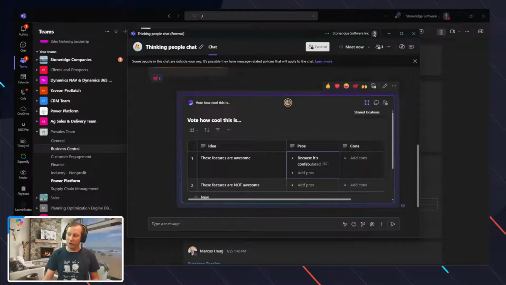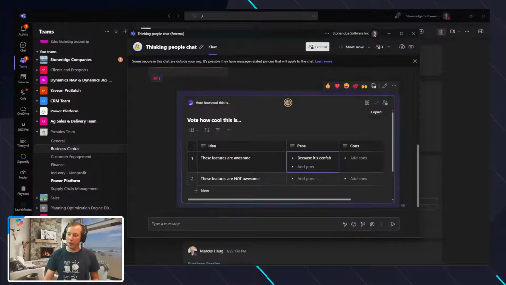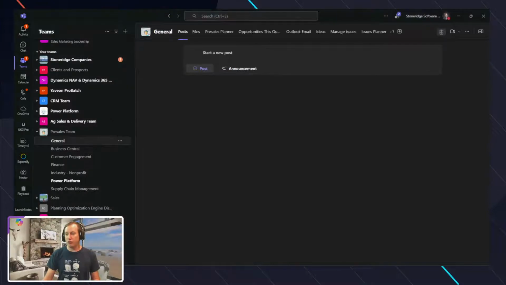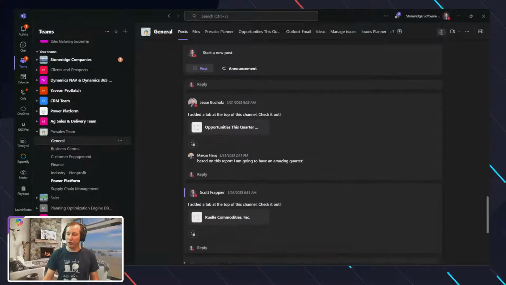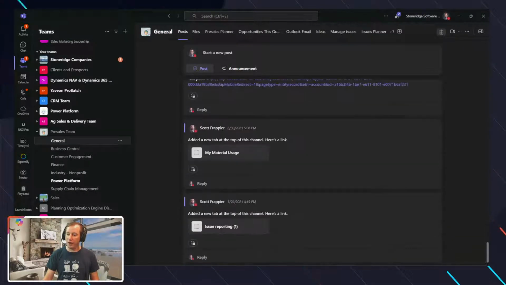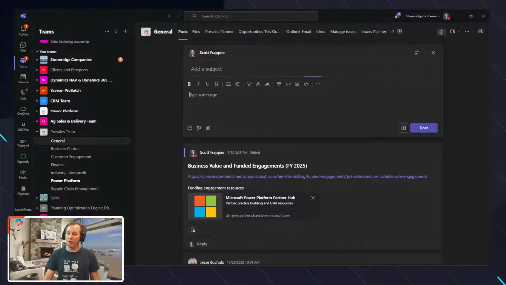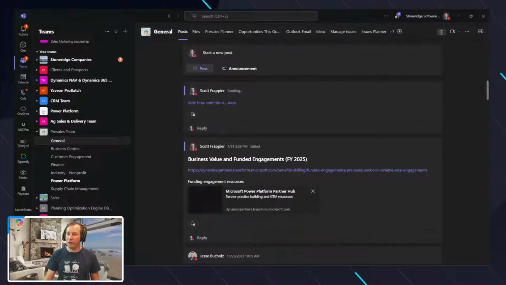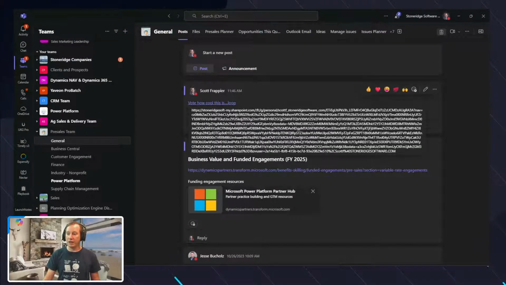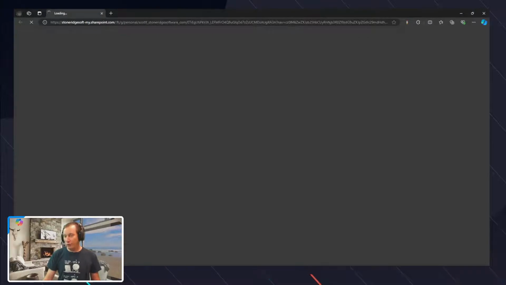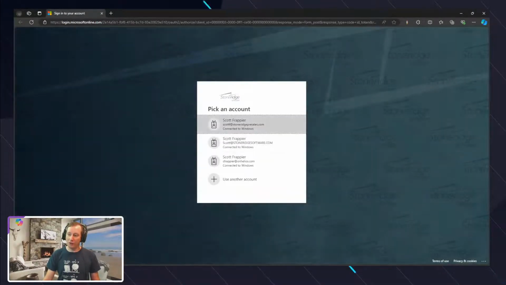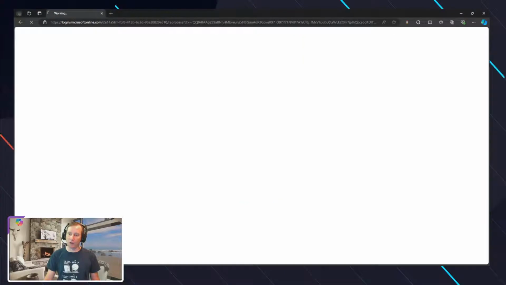You can copy that component, take that detail, and we'll go into our general tab. Then I can start or create a new post related to it, and potentially embed that loop component as part of that, or a link to it, so I can get back to that loop component to interact with it. We'll just open that up in the background really quickly.